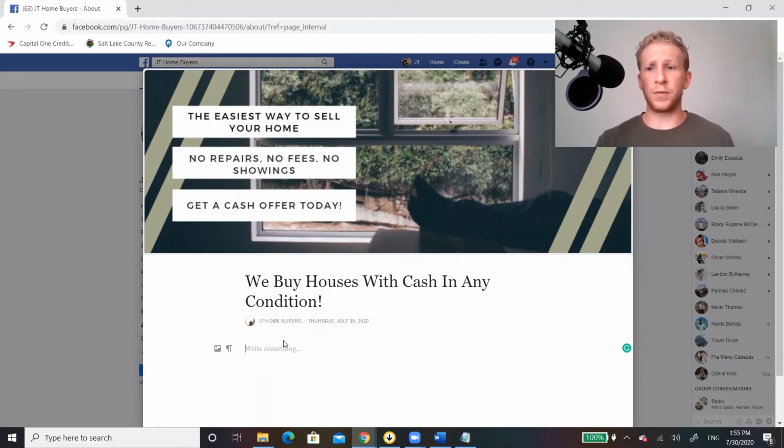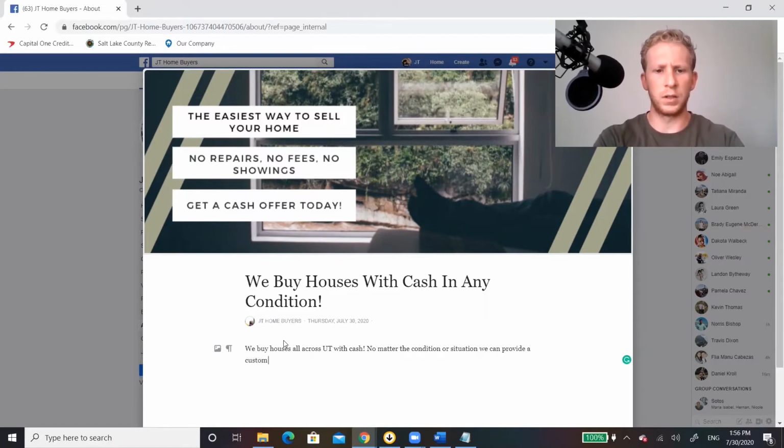Or you can write this freehand, whatever you'd like. I'm just going to go ahead and write freehand for just the example. And I'm going to say, we buy houses all across Utah with cash. No matter the condition or situation, we can provide a custom solution for you. And I'm going to just do a quick call to action. Get your cash offer